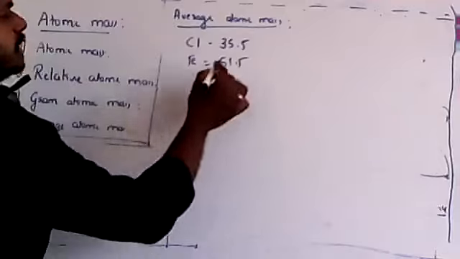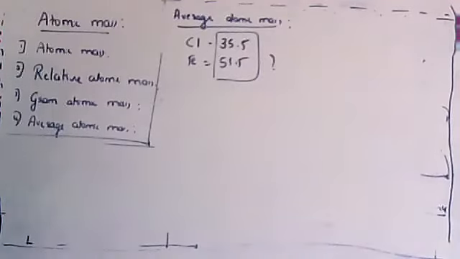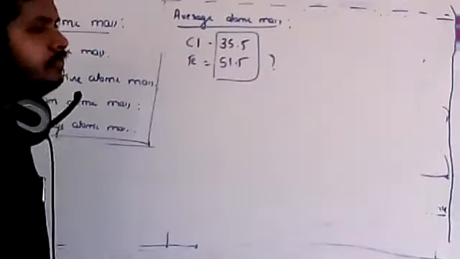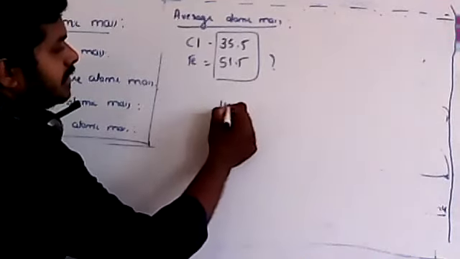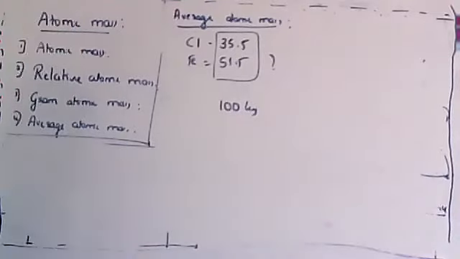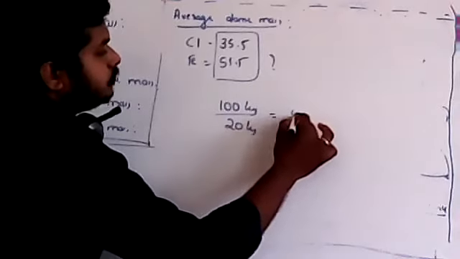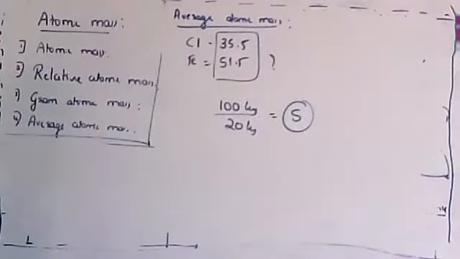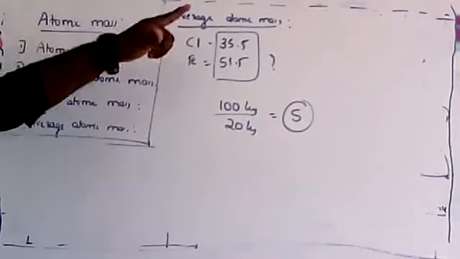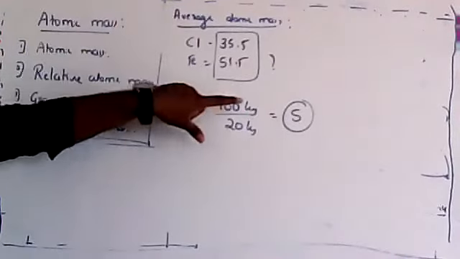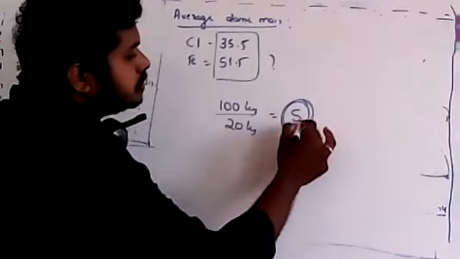Many times you will be getting a fraction number here, and we are not sure why we are getting such a fraction number, right? Why are we getting a fraction number here? If it is relative, for example, if someone is weighing 100 kg, and you are comparing that person with someone weighing 20 kg, you can get a whole number like 5. So compared with the man with 20 kg, this person is 5 times heavier. That is what you call relative. In that case, I should get a whole number without any unit.